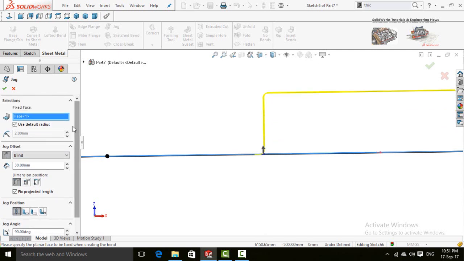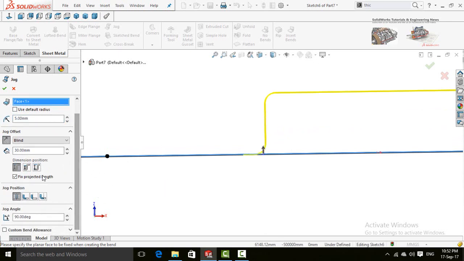Scroll down, or if you uncheck this box, here is the radius for the bend. You can select any one, scroll down again, and this is the type of dimension or position. This is the dimension position, and this is the type of jog positions. After that, here is the degree for the jog angle. Now you can press the OK button to apply this command.